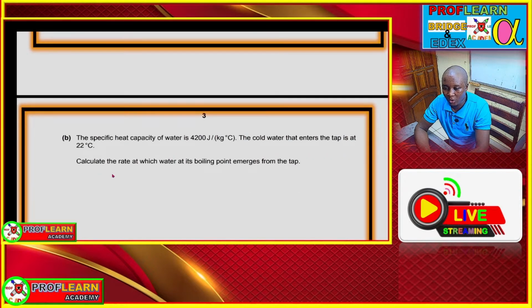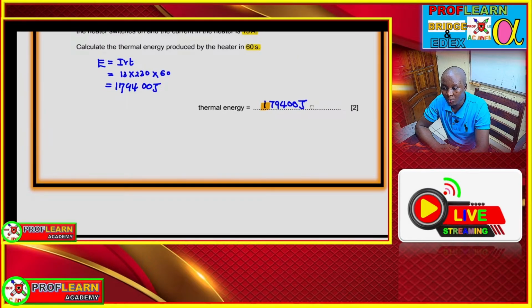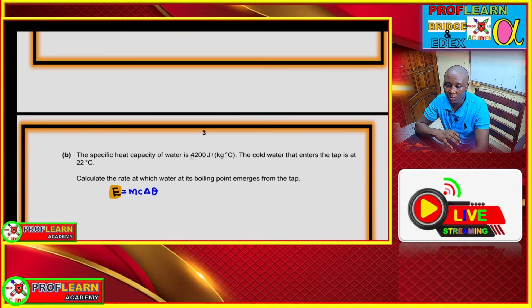Then that question was combined with a question on specific heat capacity, and we need to remember that thermal energy absorbed by a hot liquid is equal to mass times specific heat capacity times the temperature change. So here we are going to use this thermal energy, because that's the amount of heat that was supplied to boil the water. So we are going to use that figure, and then we say